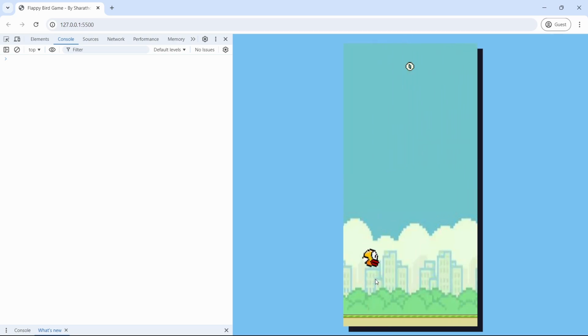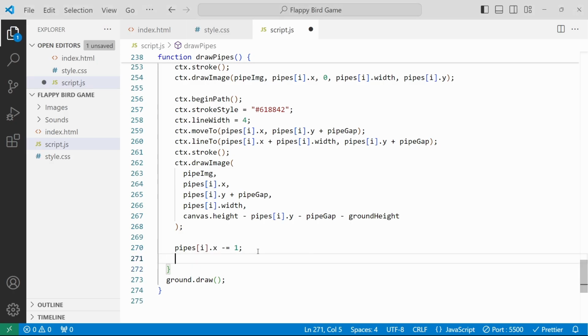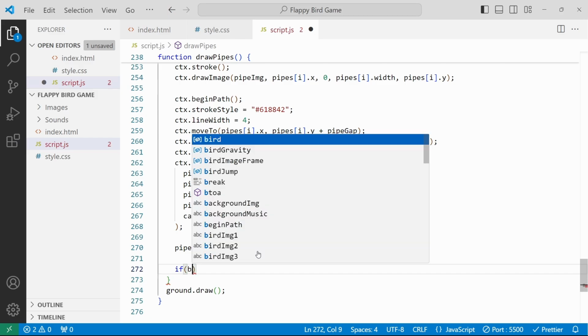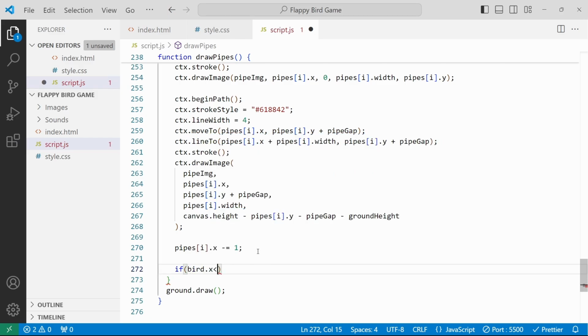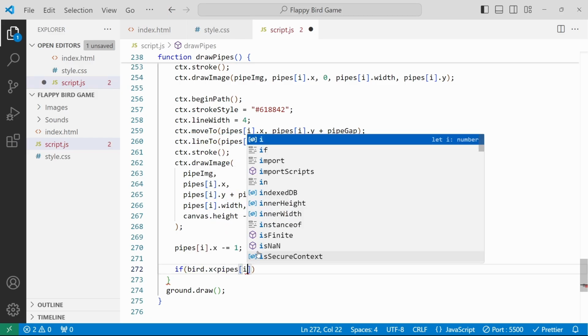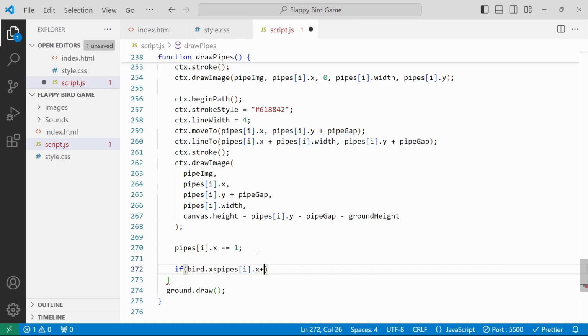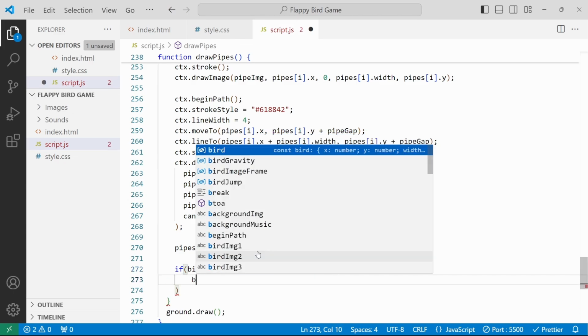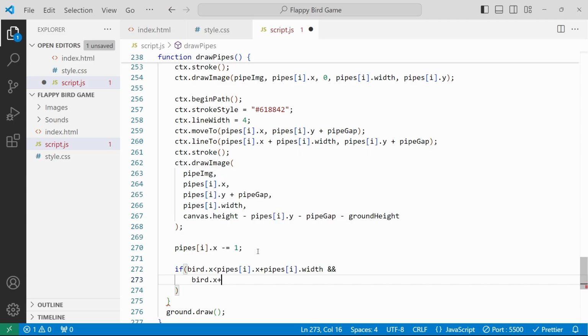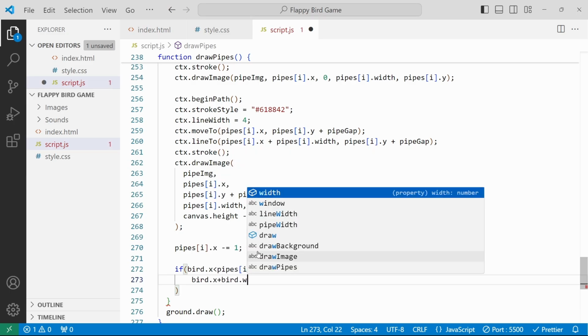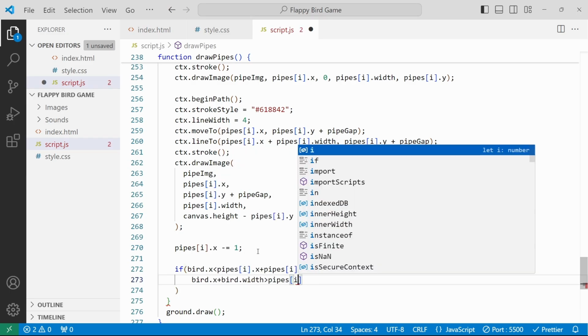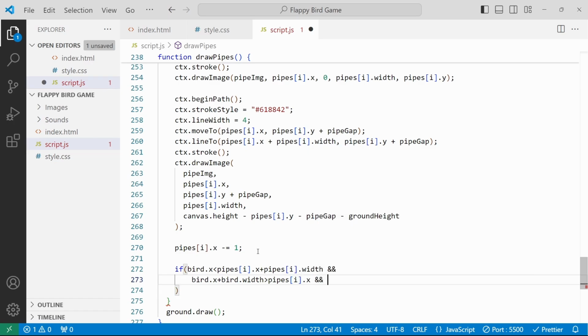Now once we hit the pipe, we need to reset the game, or else once we cross the pipe, we need to update the score. For that we need to check the conditional statement. If bird.x less than pipes of i array with x plus pipes of i.width, and then same for bird.x plus bird.width greater than pipes of array.x, and then we are